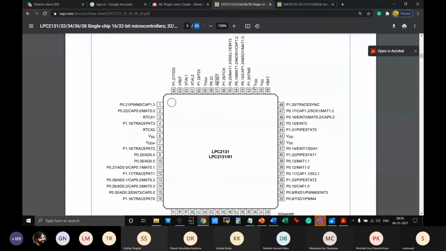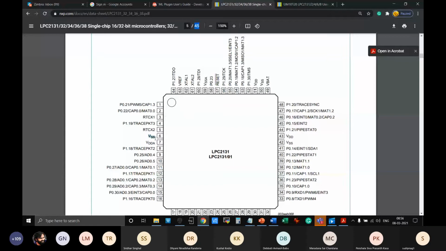But you are also allowed to short VSSA with VSS normal. Similarly, you are also allowed to short VDD with VDDA. Now, if you short the VDDs for digital and analog, it will be slightly more noisy, but it is acceptable. There is nothing wrong inside, so there should not be any short circuit. Obviously, you cannot short circuit VDDA with VSS, so that is not allowed, as you can guess.